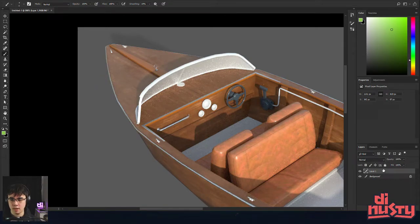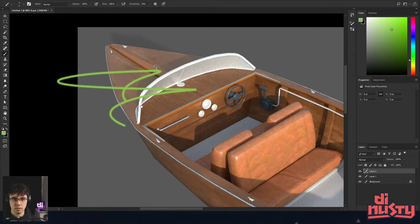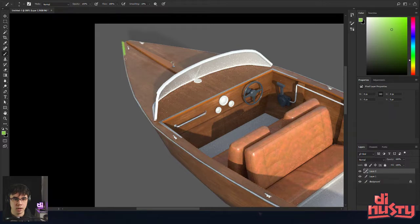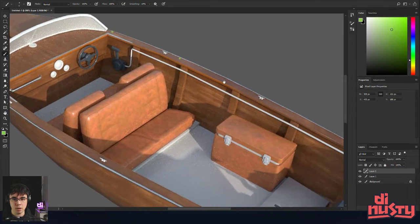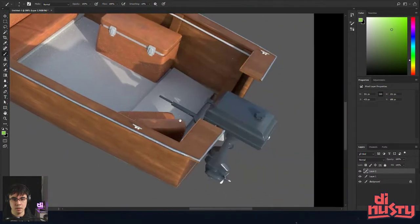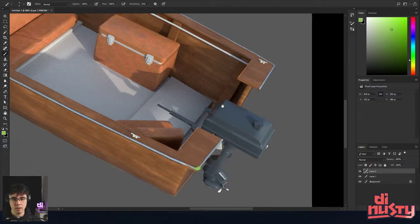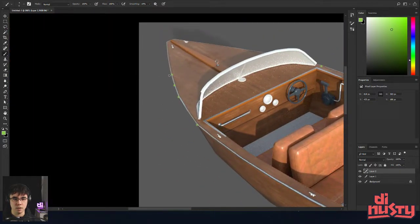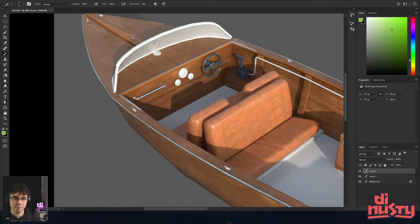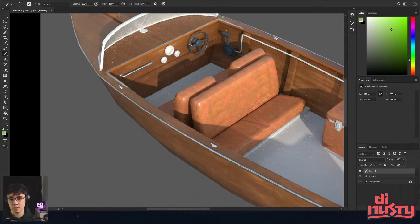Let's look at, there we go. So for this curve, you can see the polys, or how low poly it is. That one's not too bad. Like here, these corners, I would maybe round them out a little bit, and then I would add a few more edges here to get this nice and round. And then I think really it's going to be about